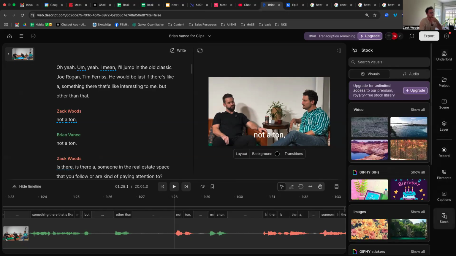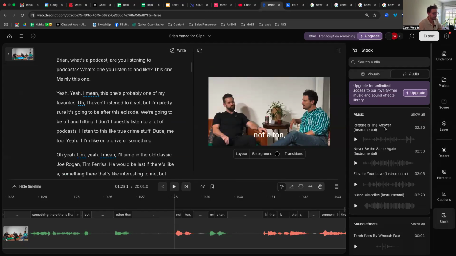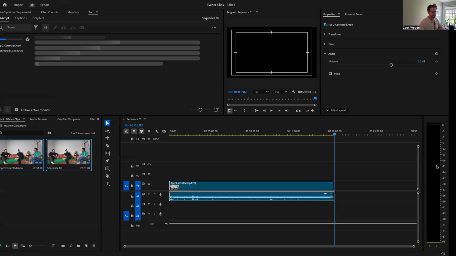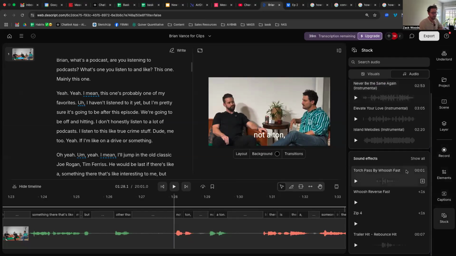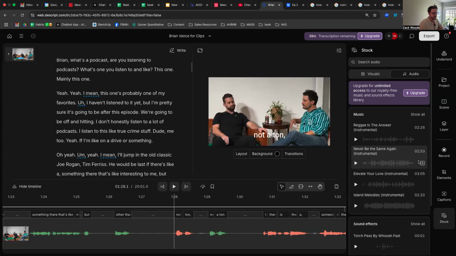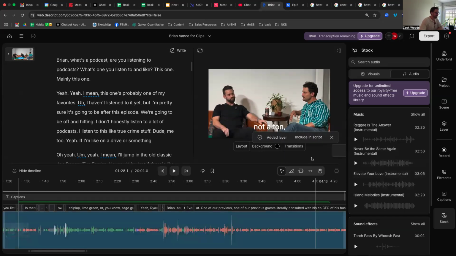Now this is also pretty cool that you can add in stock audio, right? So if there's a beat or something, it's all built in right here rather than having to import file media into Adobe Premiere, right? So to compare and contrast that right here within Descript, you literally click a button, you want to import some stock audio, cool. You click the button, you add it to your timeline, you click plus, and then it just adds it into your timeline, right? And then you can remove it or move it around, I'm sure, right?